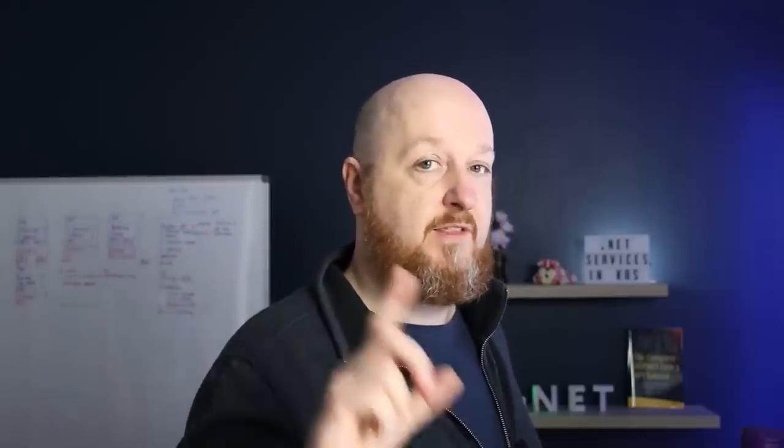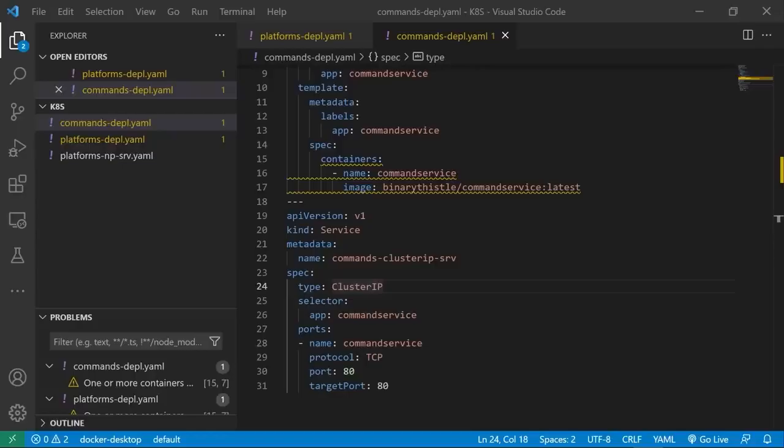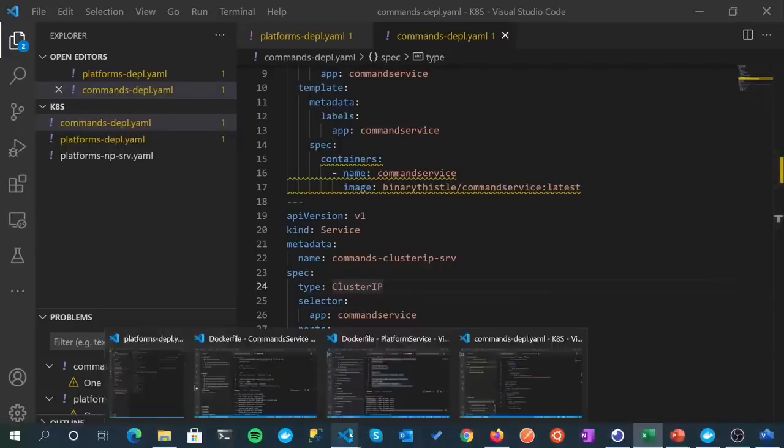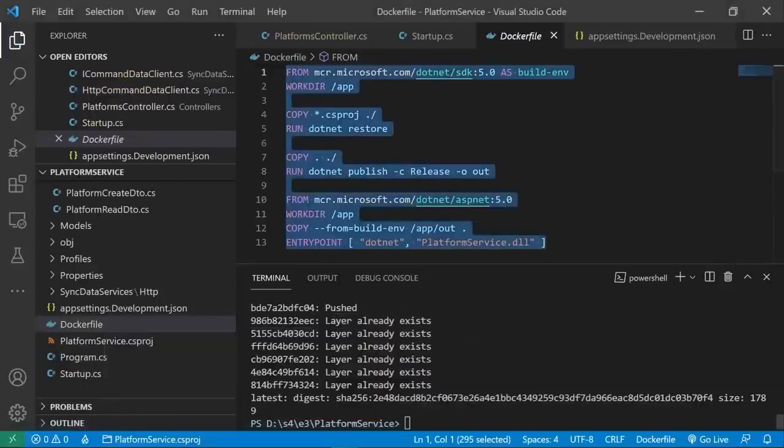But just before we do that, there is one little bit of config we need to pop back into our platform service. So we'll do that next. All right, so I was talking about we need to make a bit of a change to our platform service config. So back over in platform service,